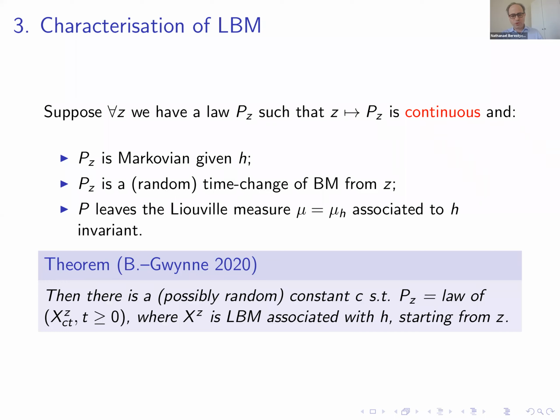If furthermore you know that the law is continuous as a function of the starting point, then the characterization theorem tells you that there is a possibly random constant C, such that up to this constant, your process is in fact the same as Liouville Brownian motion starting from z, associated with this Gaussian free field. So that's the characterization